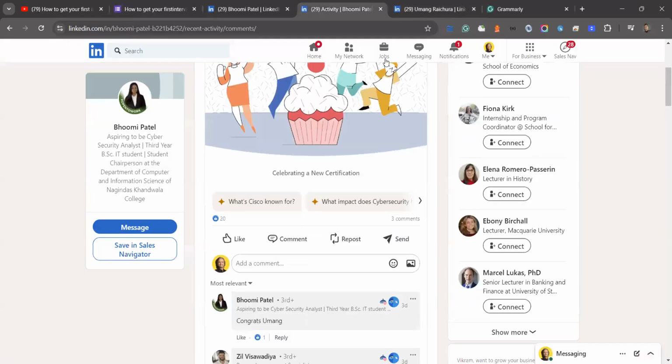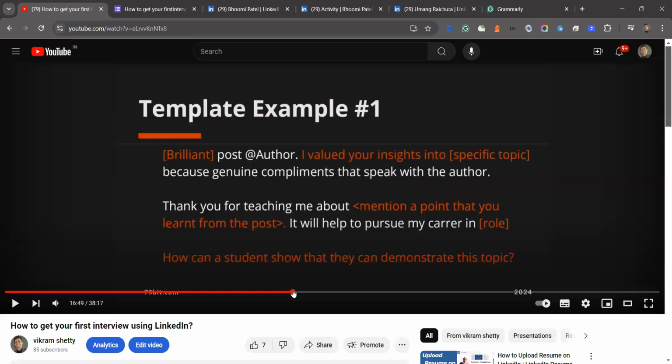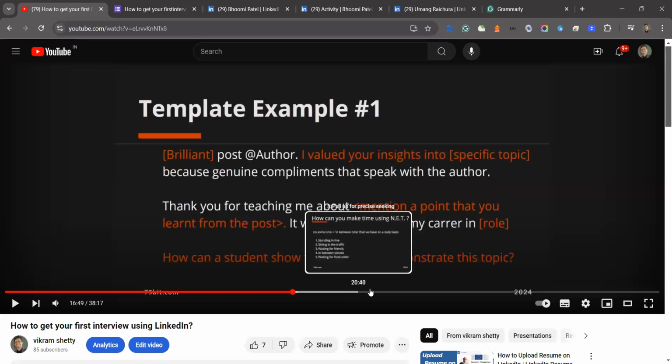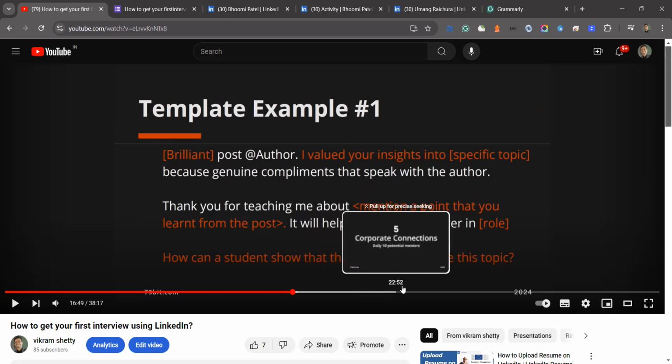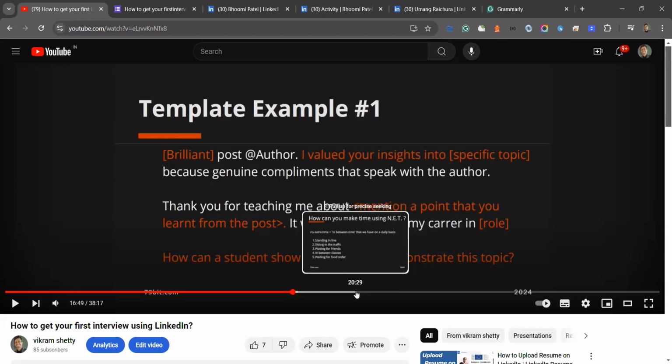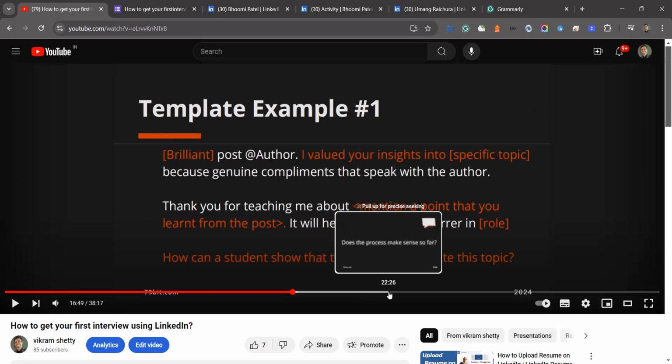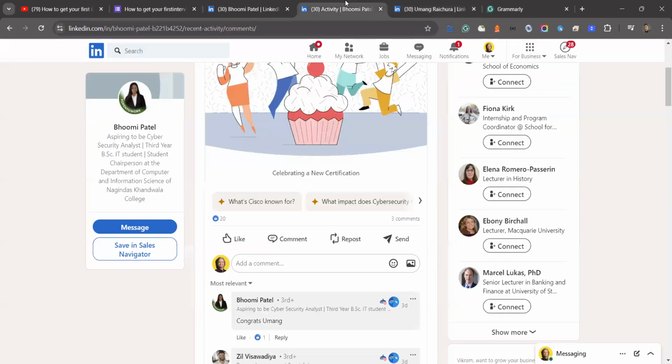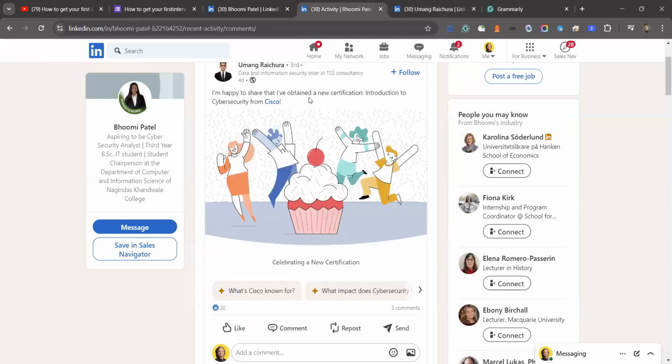If you see in my process, this is a testimony to what we can do. The magic question, and then the connection comes. She could have asked a magic question. He liked it, and he could have connected with her. But here, it was just "Congrats, Umang," and then she would have followed up. But here, good that you have done the certification